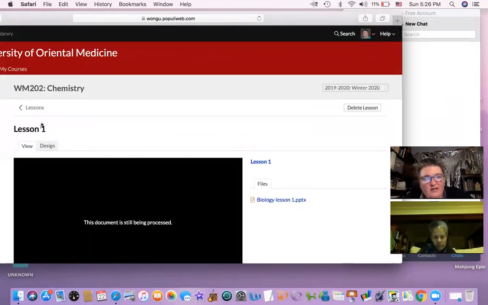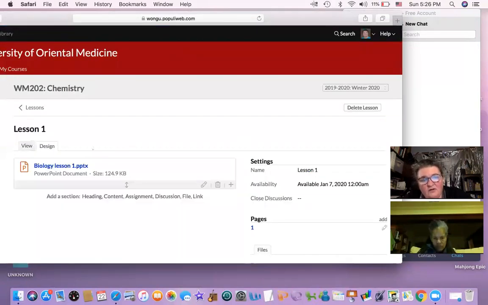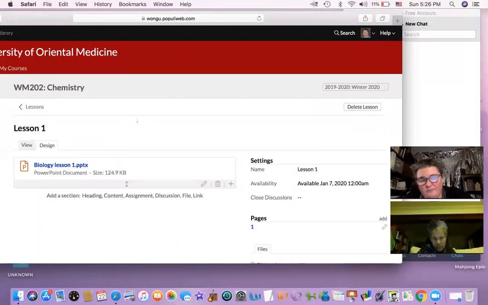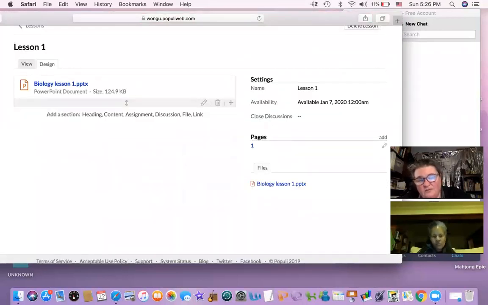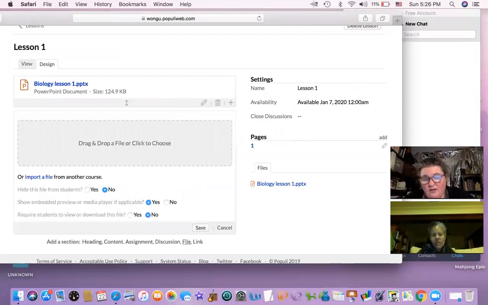It's not all in yet, but you can see what it'll look like to them by going to view. So just remember to go to design, and you'll have that screen that shows you can go ahead and add a file, which is right there. You could literally just put in the file of the sheets that you gave us, and then we would have to